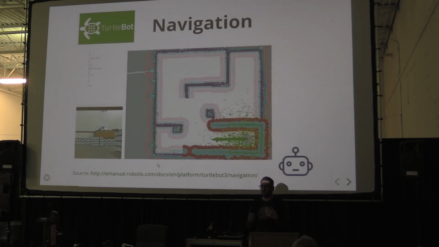So some other things that TurtleBot can do is it can do SLAM. And this is an example from their documentation, or Robotics' documentation. It is a visual representation of what the robot sees, essentially. The blue and pink outline is basically the robot's driven around the ring and created a map of its environment. On the far right is what the camera's actually seeing, and